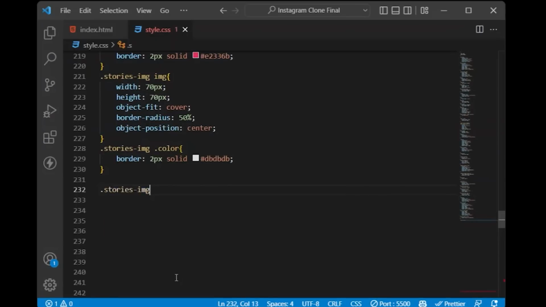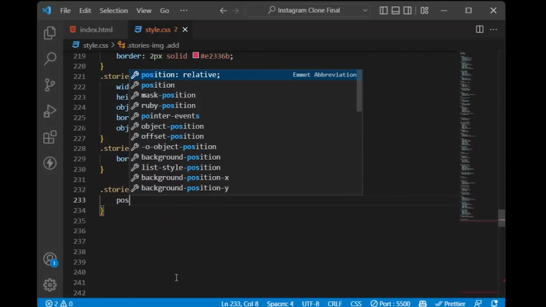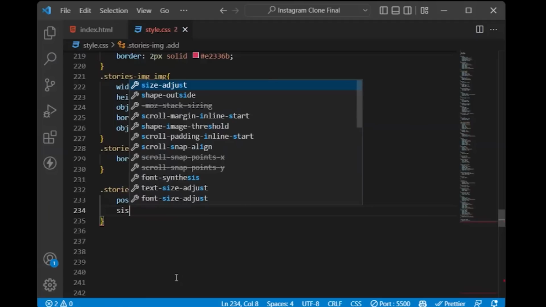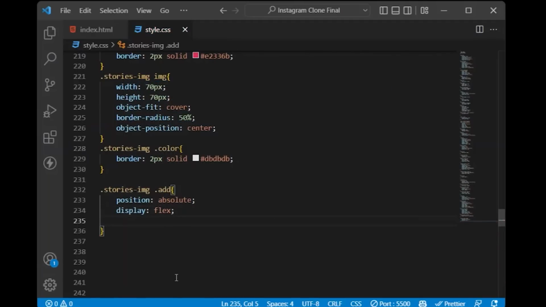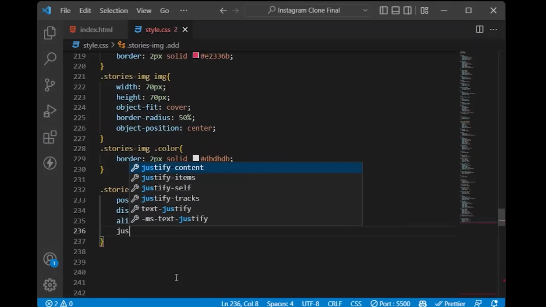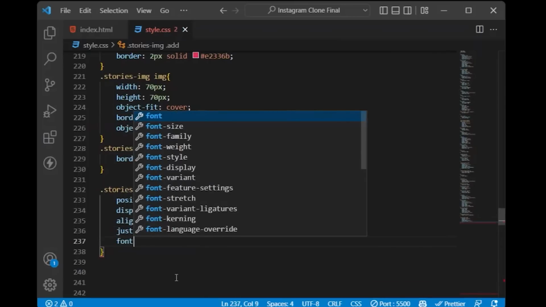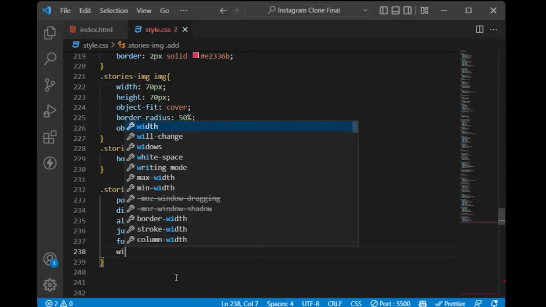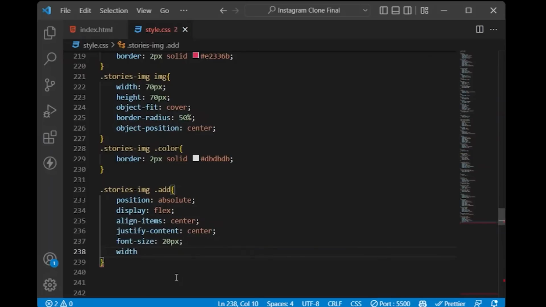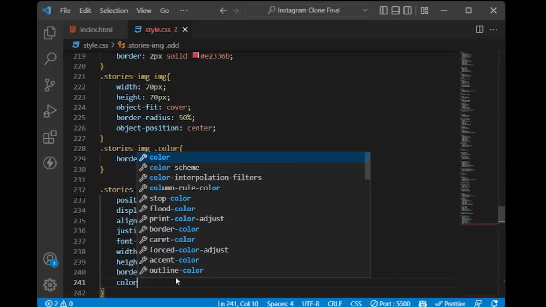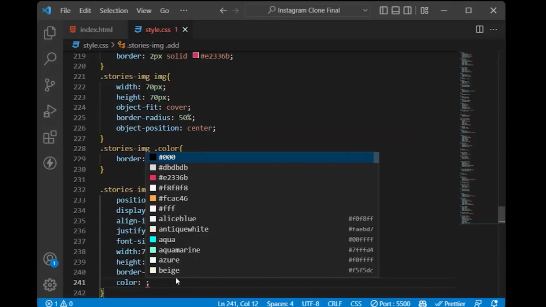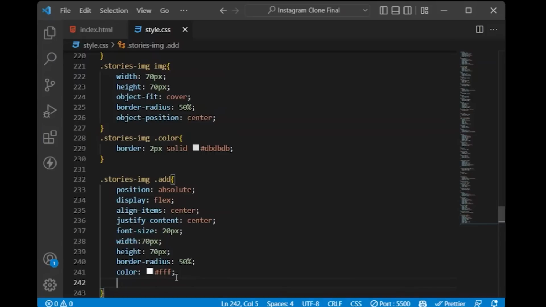Now again select the stories img class, go inside the dot add class, say position as absolute, display as flex, align items as center, justify content as center, font size as 20 pixels, width as 70 pixels, height as 70 pixels, border radius as 50%, color will be white color, that is background will be